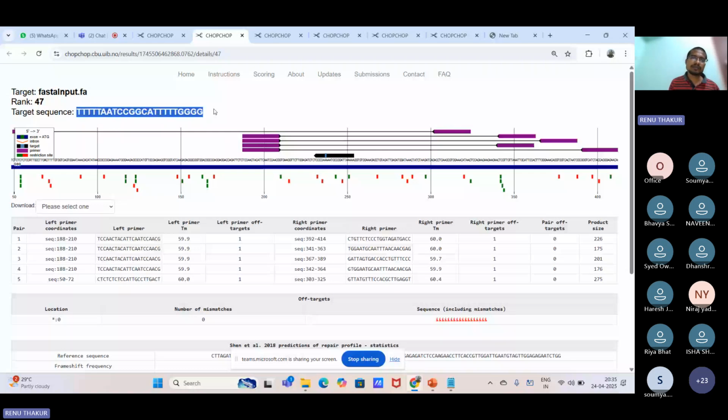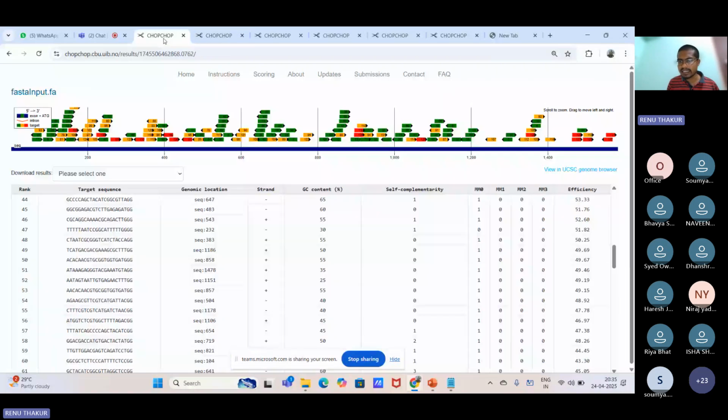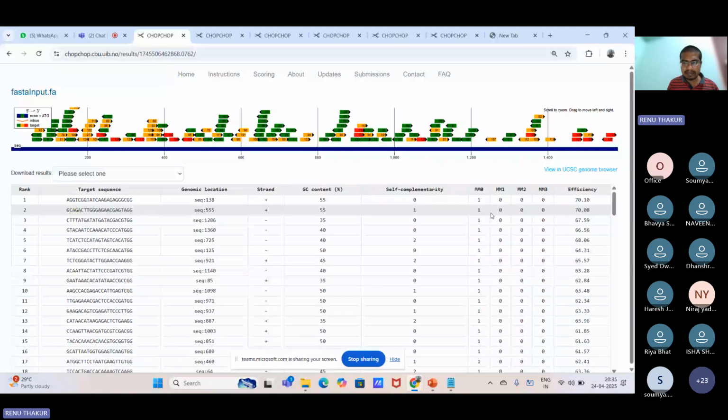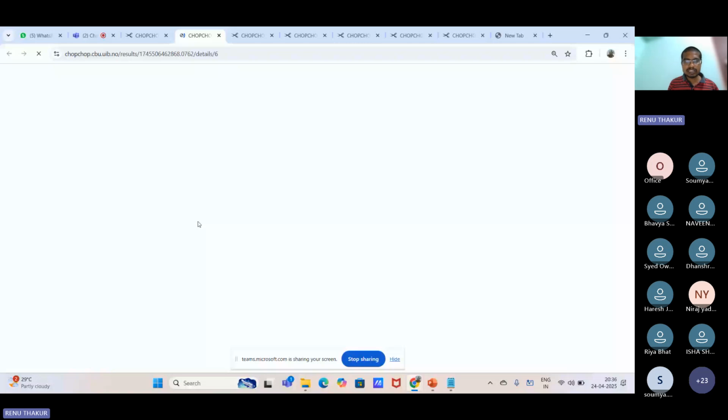But one thing is that here the guide RNA's GC content is very, very low. That's why we can move to the next guide RNA, like the one which shows the maximum GC content. Like we can check the guide RNAs. Here we can click guide RNA number 6, but here also self-complementary one. But it shows the maximum,